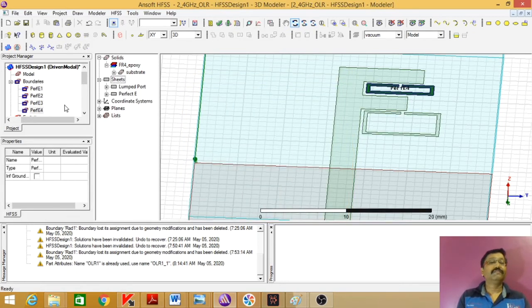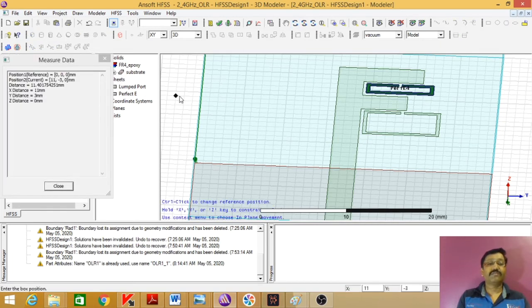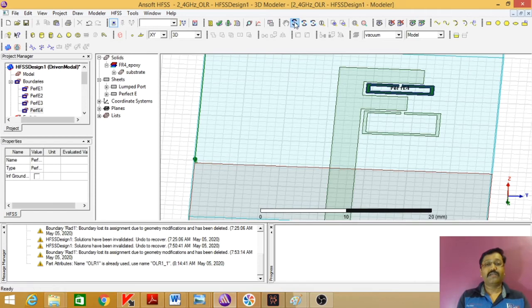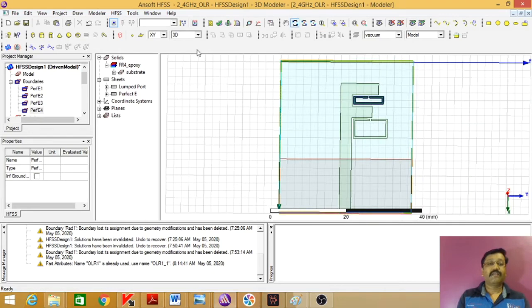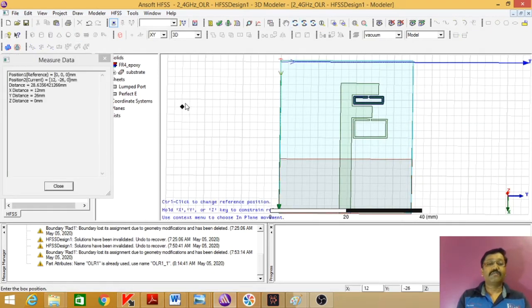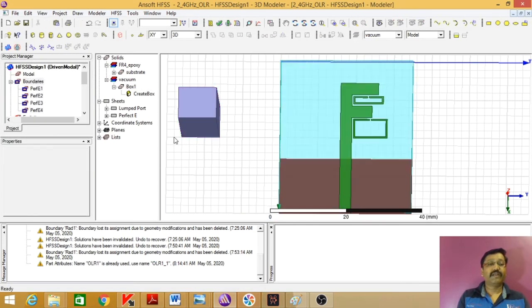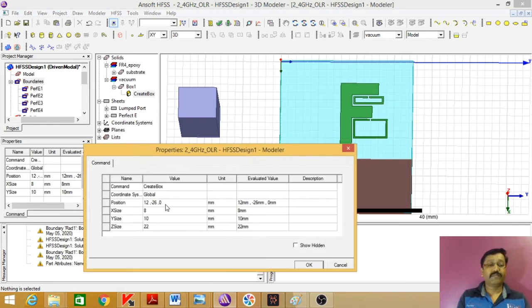Now I'll go to box, because we want a radiation box to be created. Okay, I will escape it. I will just make it smaller for you. Right, so I will click on the box. First click, move in the direction of the arrow, give the second click, move in the upward direction, then give the third click. The box is ready. I have given you this simple way to create the box. Give the same dimension, -10 mm, comma, -10 mm, comma, -10 mm,